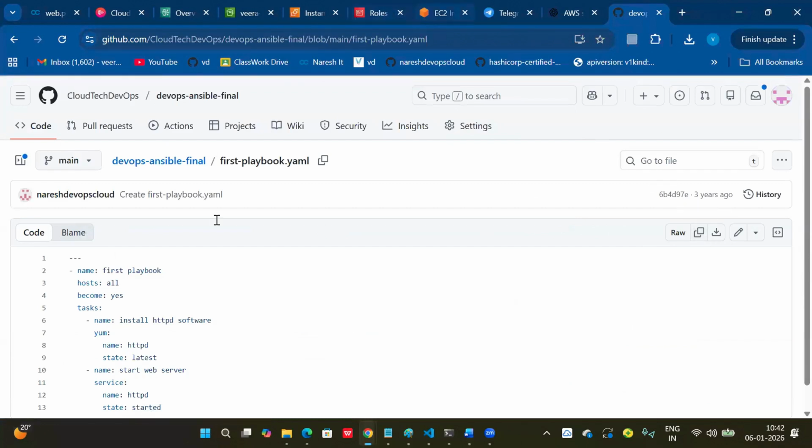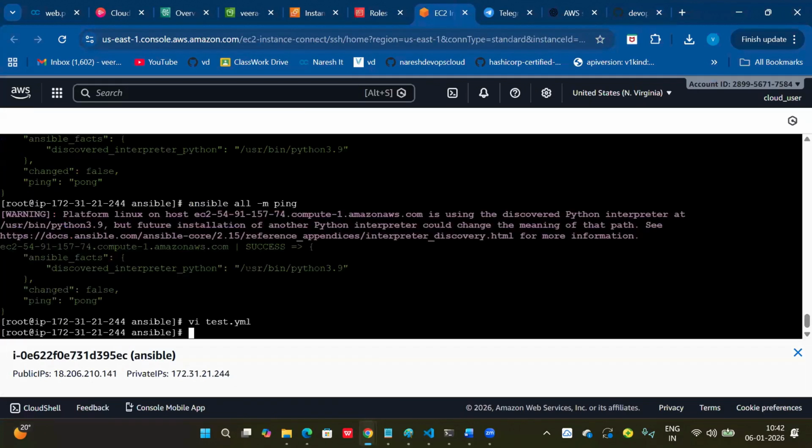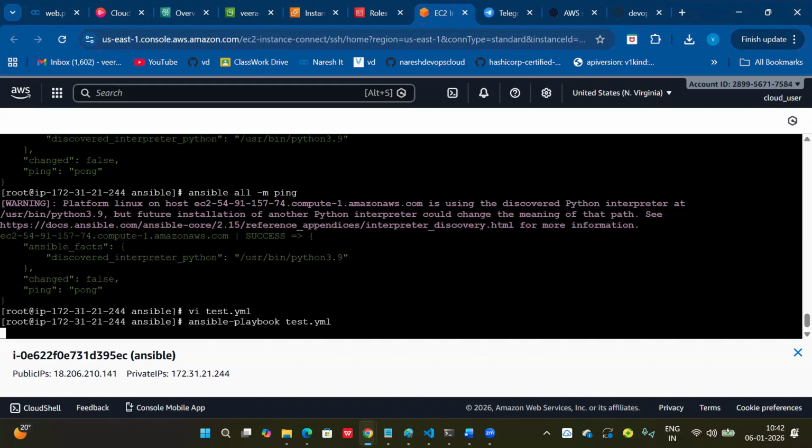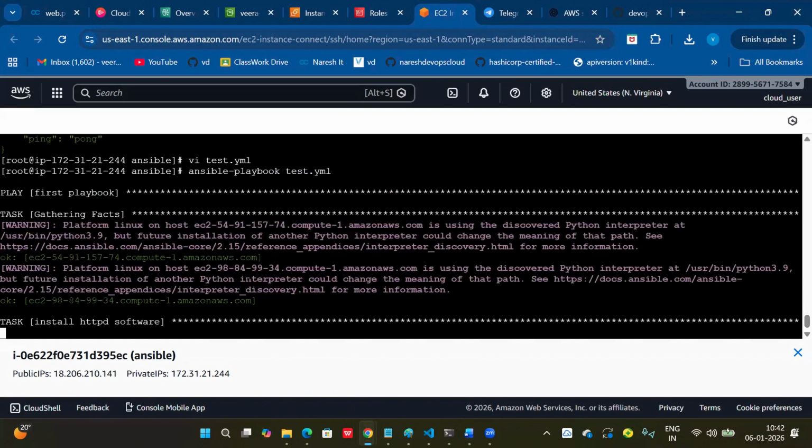So simple. Now ansible-playbook test.yml. So this process is going to be performed on the two servers.